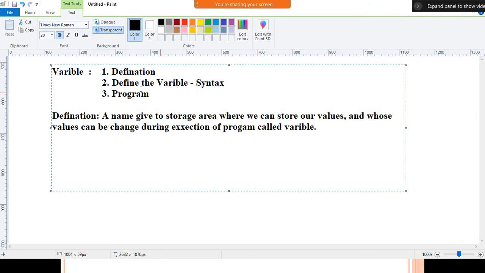Now the second important thing, define the syntax. In that syntax, first of all we need to use the data type keyword.